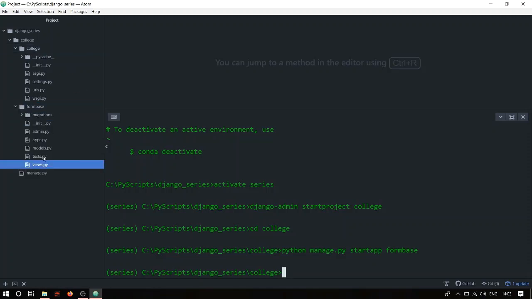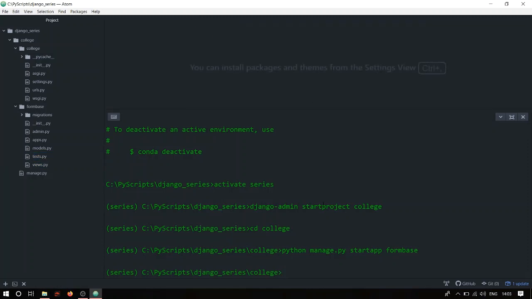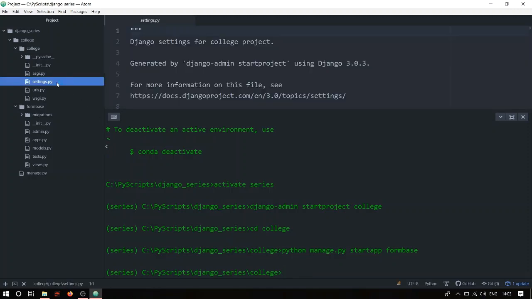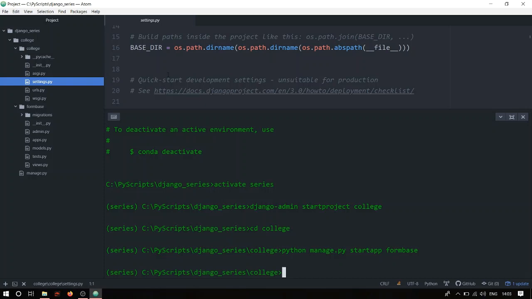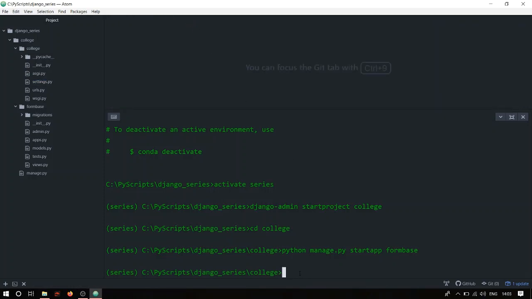Again, what all these files are will be explained in the next video, so stay tuned. And finally, let's go to settings.py. Let's not do that because you don't know what all these files are. So first up, we'll just create our superuser and end our video there, and in the next video I'll explain what all these files are and how you'll initially set up everything.